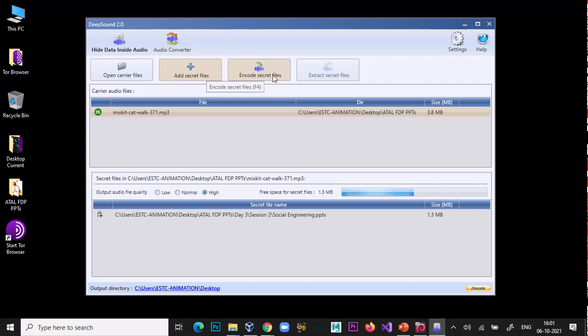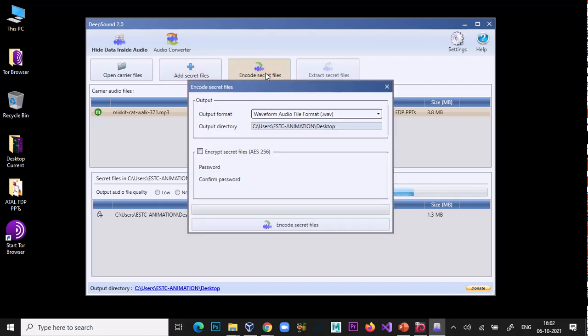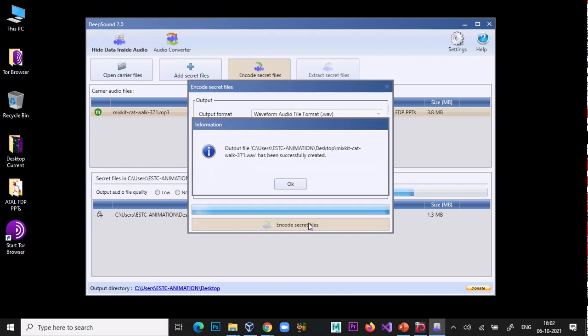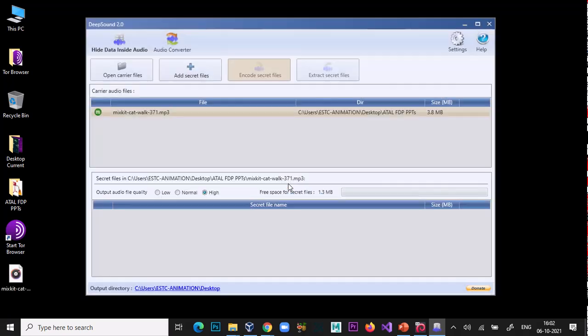Now just click encode secret file. Output directory is just the desktop, and encrypt your file by AES with a simple password. Encode the file. My file is encoded.